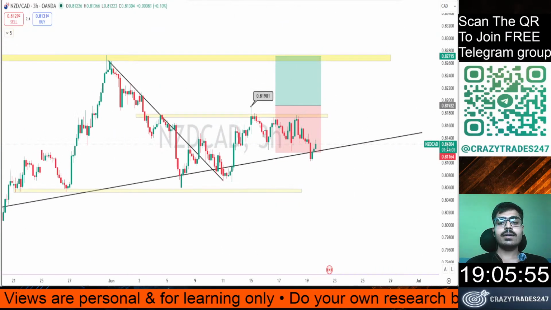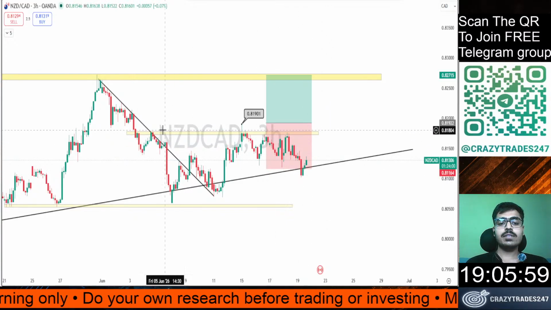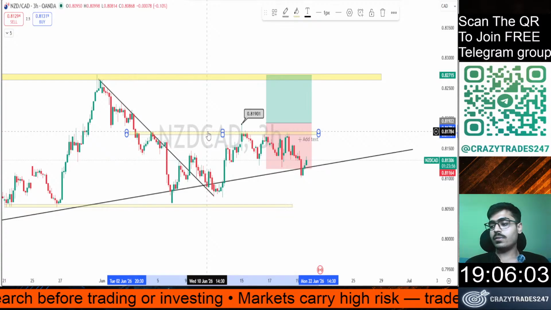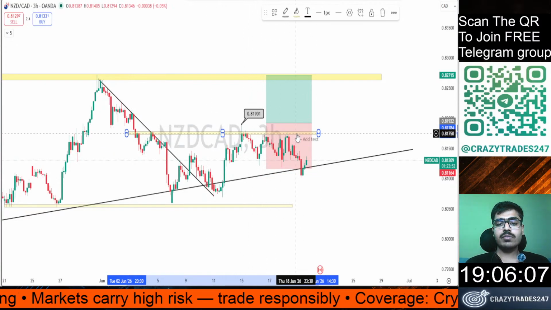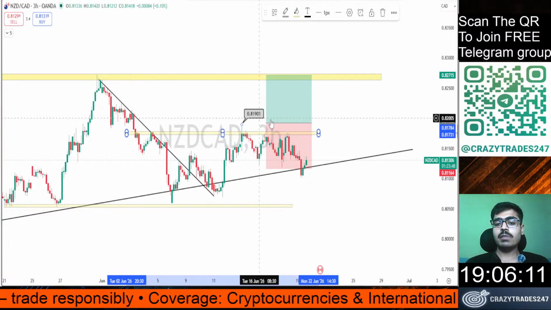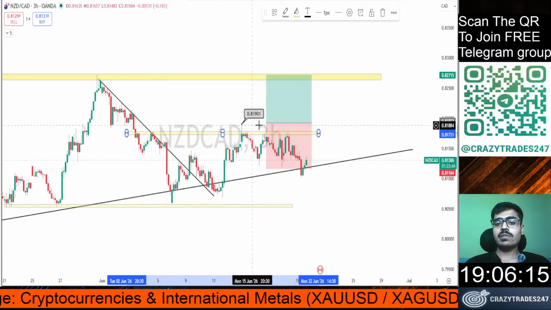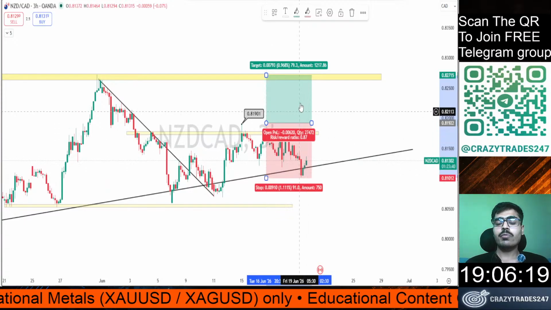This is a 3 hourly time frame, and this is a nice consolidation that we have witnessed here. And this yellow rectangle that I had drawn here, if price gives a breakout above this, and for confirmation we are waiting for the breakout of this level 0.8190. If price gives a breakout above this, then adjusting our stop loss to the newer low, we can go for a long